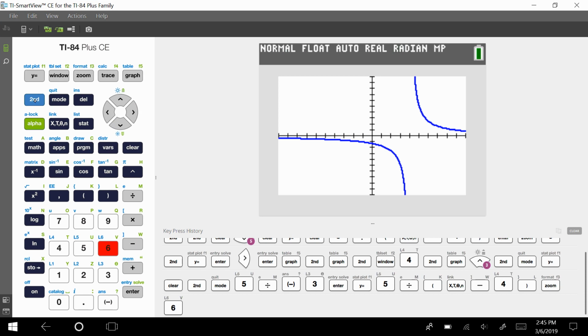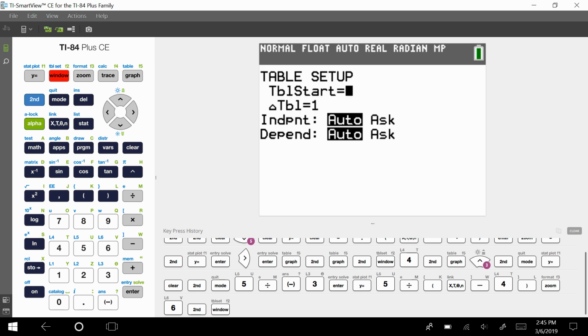What you can do is you can hit second table set, which is the window button. Here, you can actually tell your table where to start. You want to start your table right where the vertical asymptote was at, and ours was at 4. Next thing we want to do is after you have 4, you want to count the table by 1. That's what this thing right here is. And then you hit second